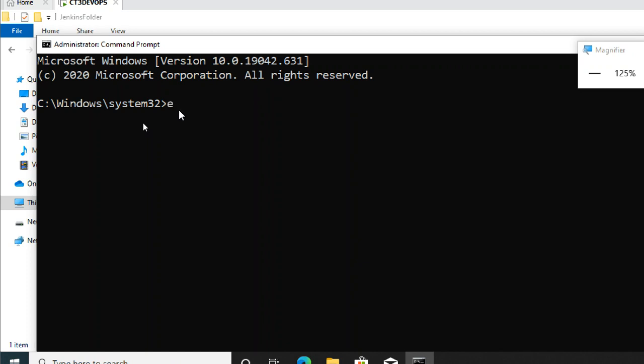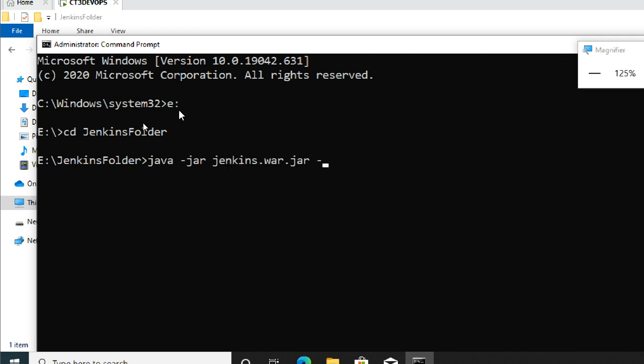Now, where is my application? E colon, cd, Jenkins folder. Now java hyphen jar. It is a jar file, right? So we have to tell Java to extract the jar file, and Jenkins.